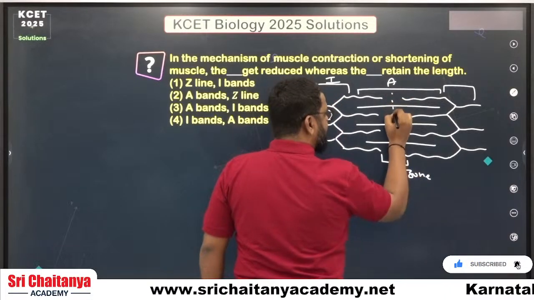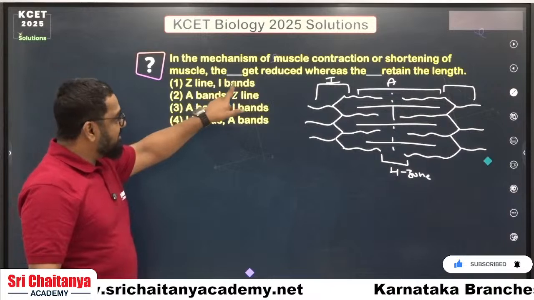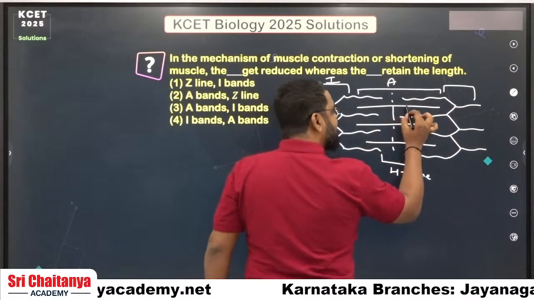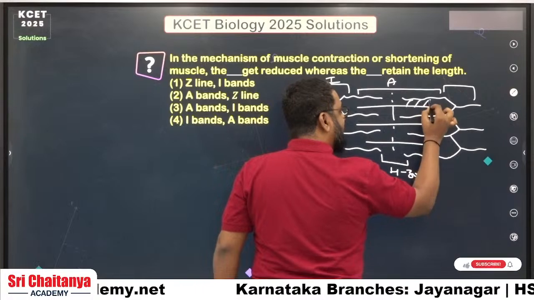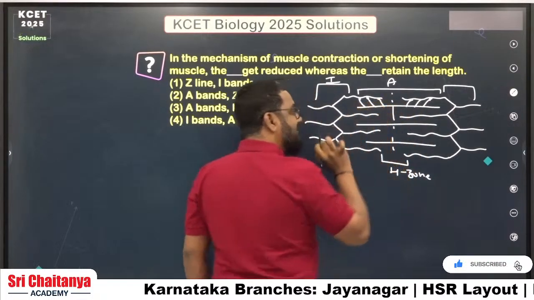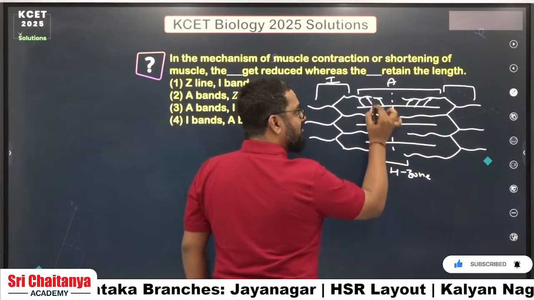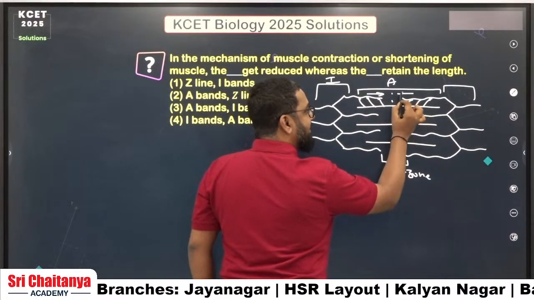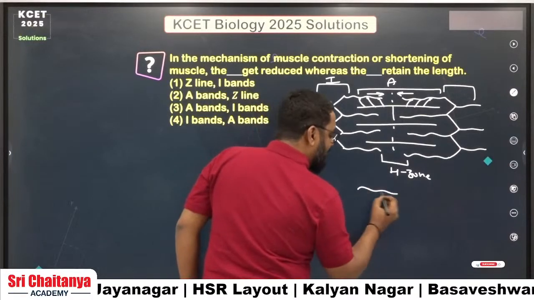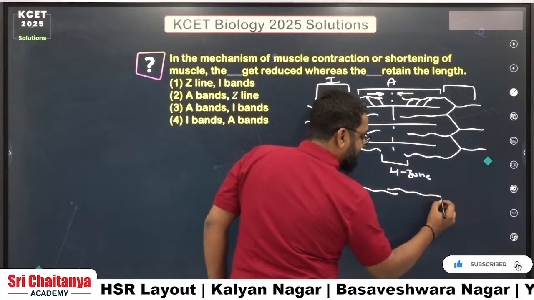And the hypothetical middle line is called the M line. Now what they are asking: what gets reduced and what remains the same? Whenever the myosin heads bind onto the actin filament and perform something called a power stroke, the thin filaments of the sarcomere are pulled towards the M line. So post contraction, what we can see in a sarcomere is that